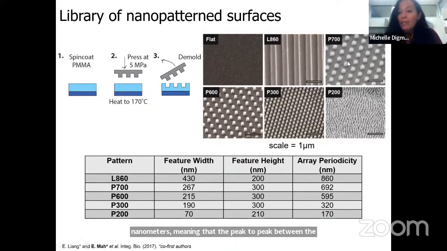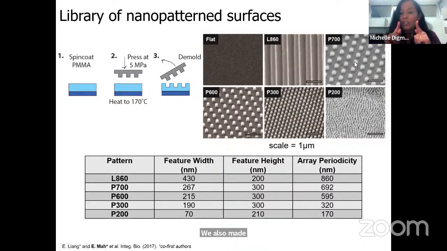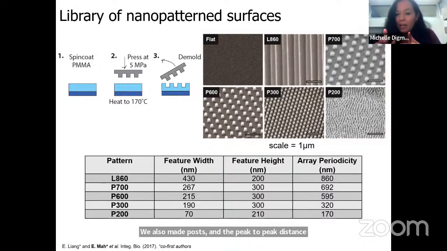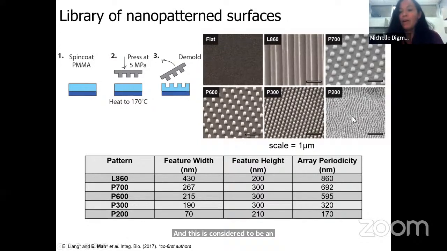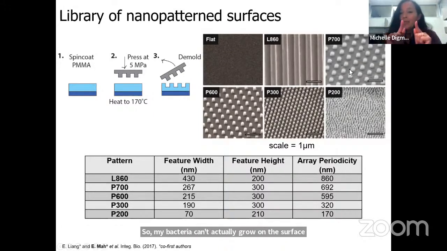We also made posts, and the peak to peak distance between the posts ranged from 700 nanometers, 600 nanometers, and around 300 nanometers. And the smallest distance between the posts was this 200 nanometer post. And this post was actually a biomimetic that was carbon copied from a cicada wing. And this is considered to be an antimicrobial material, so bacteria can't actually grow on the surface. But what's interesting is that the closer the posts became, the sharper the posts got, as you could see here